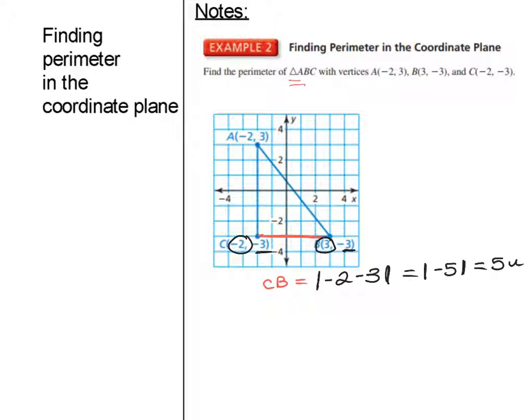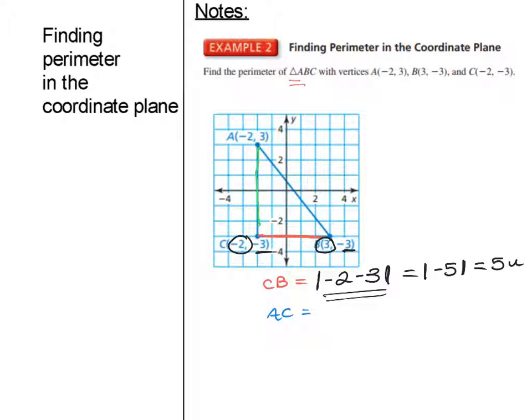So someone said, can't you just count the boxes on here? You can just count the boxes. What I did up here is I just did the algebraic way. So let's say on a test, do you have to show your work for that? Not really for that part. I understand that if you want to count the boxes, you counted the boxes. That's okay. Now, you can't, unfortunately, do that for every side. We can do it for AC, or if you want to do it the algebraic way,